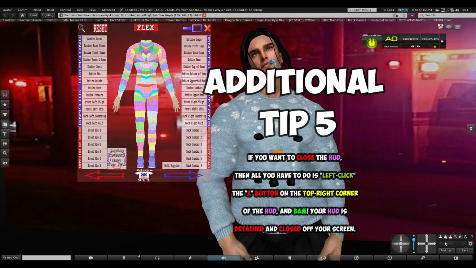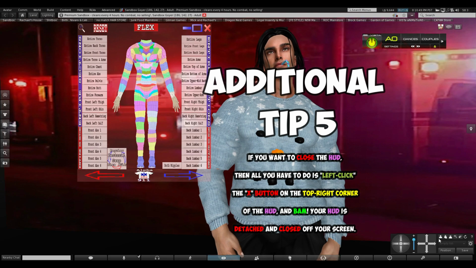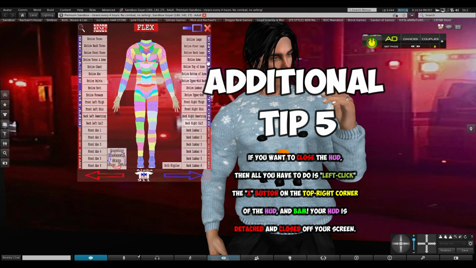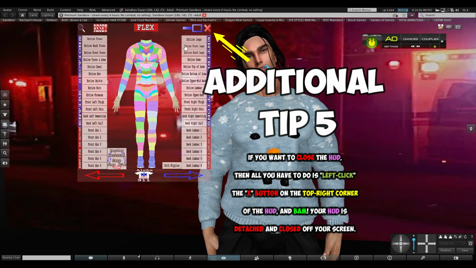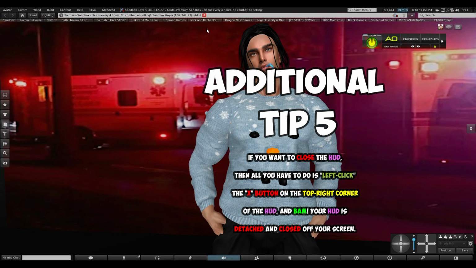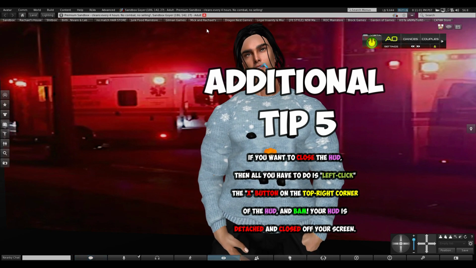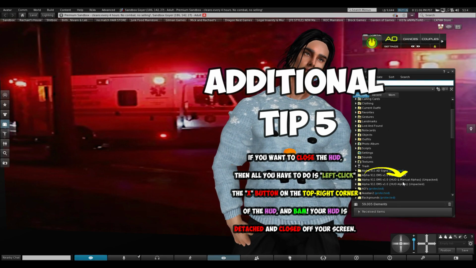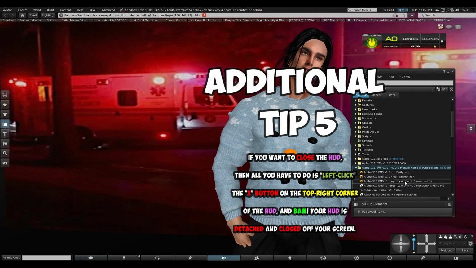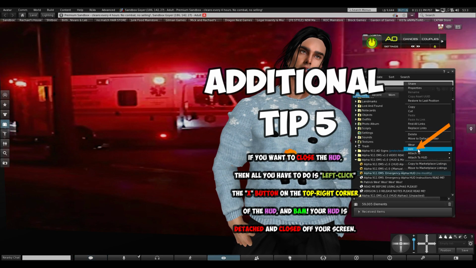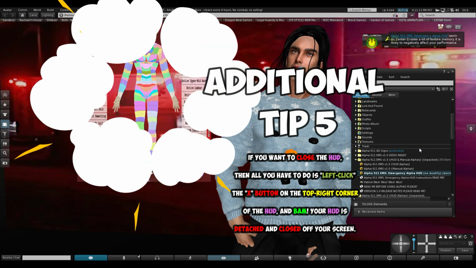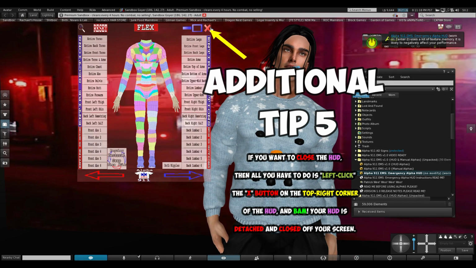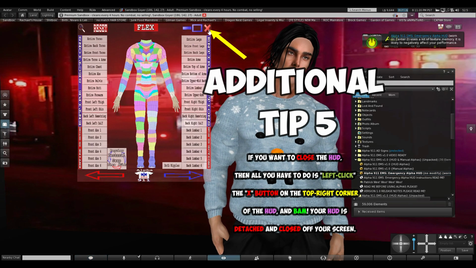Alright. So you finished up using the Alpha 91 EMS Emergency Alpha HUD, and you just wanted to close it out and just detach it. Well, all you gotta do is simply click the red X up here in the right hand corner, and ta-da, it's detached. Okay, so say if we want to bring it back up, just go to your inventory, find that folder it was in. So it's in this one right here. Just right click it. Once you find it, click add, and ta-da, it's back up. Okay, so like I said, all you do is click this red X up here on the right hand corner. It'll detach it from your screen, no problem.